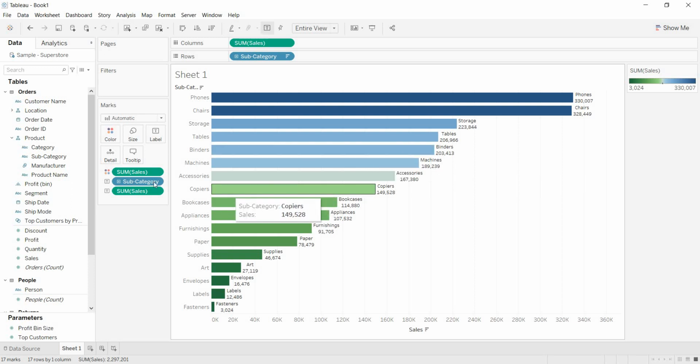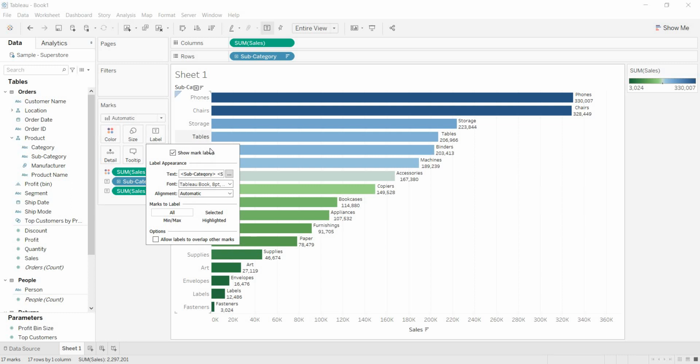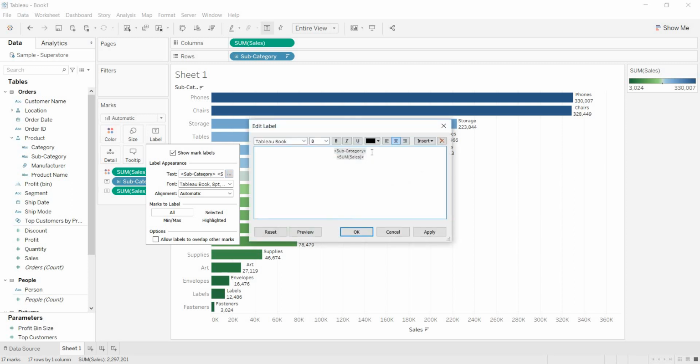Now when you go to this label, whatever text you are showing here, if you want to do any modification to this text, just click on these 3 dots. See here, first subcategory. When something is coming in these angular arrows, then that always represents your columns. That means either it is a metric or a dimension. If you write like this, see the change. I'm writing like this.